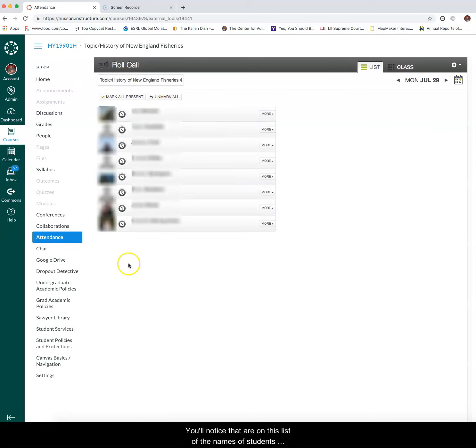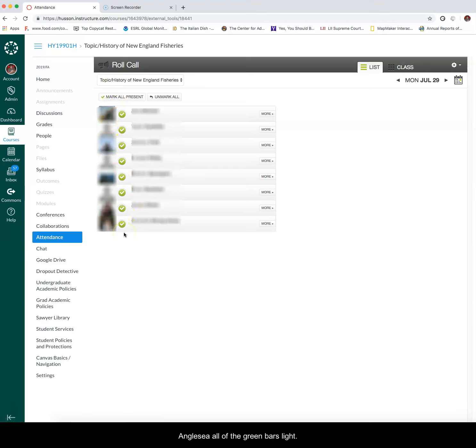Now you'll notice that on this list, the names of students have been blurred out, so as to protect their identities. We're not interested in their identities in this case, just how to keep attendance. So very simply, you can use this to keep attendance, and all you would do is click on the students next to the little toggle here to mark as present or not present, or perhaps all of your students are present today, so you would just click on the mark all present,